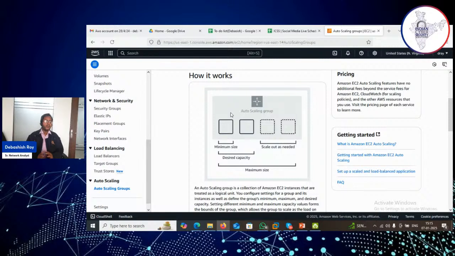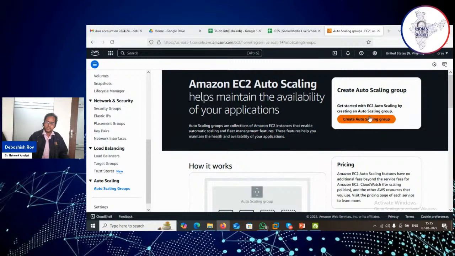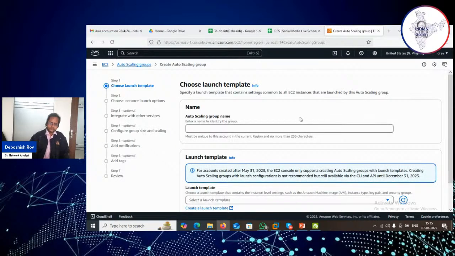For example, the load on the instances has decreased. So definitely you should implement the scale in approach, meaning your extra instances should stop. Otherwise, you incur unnecessary cost. So this is the way it works. And there you have to create an auto scaling group here. You have to give a group name,